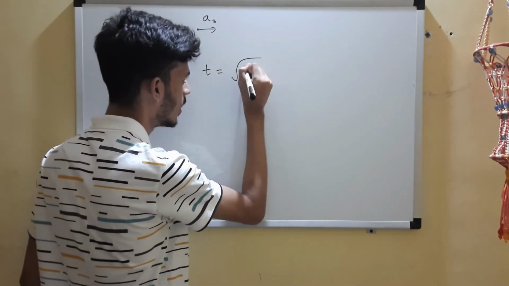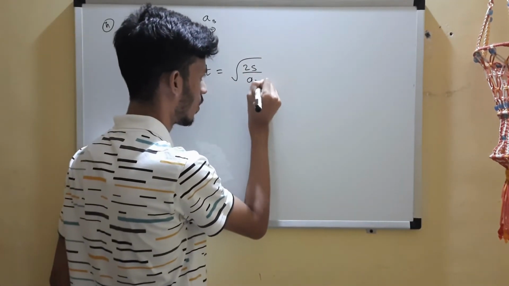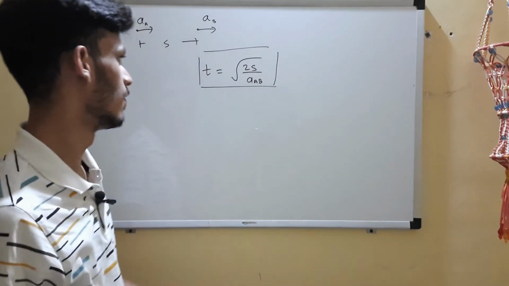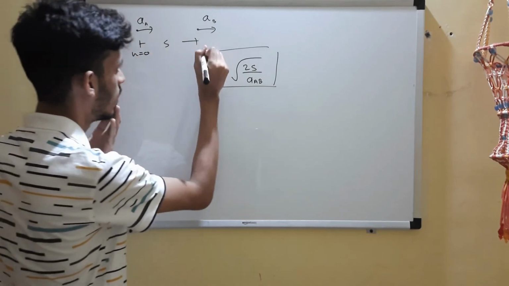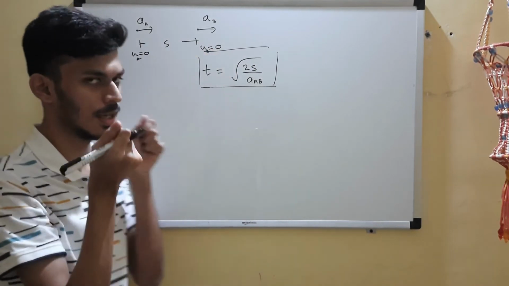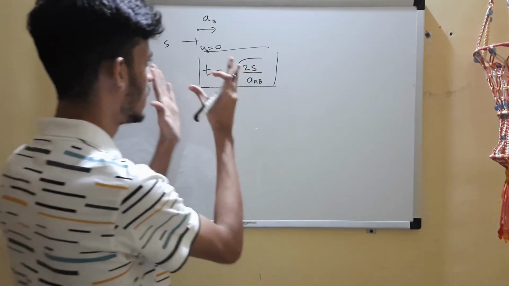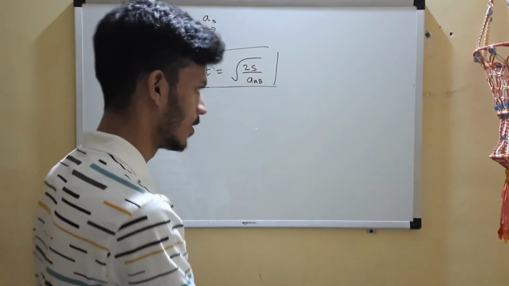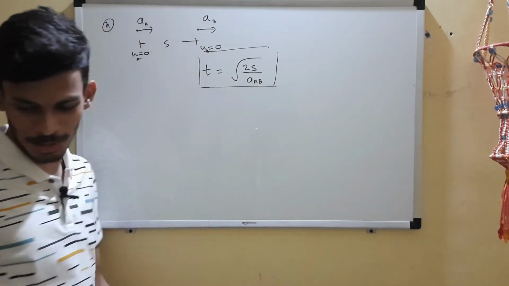On solving that, you will get this. I'm only giving you the final product of s is equal to ut plus half at square. If you see, u is 0 in both of them, ua is 0, ub is 0. Both of them started with some acceleration. Now this is the answer. You will get it on solving s is equal to ut plus half at square. u is 0 in both the cases. So anyways, let's do problems, right?